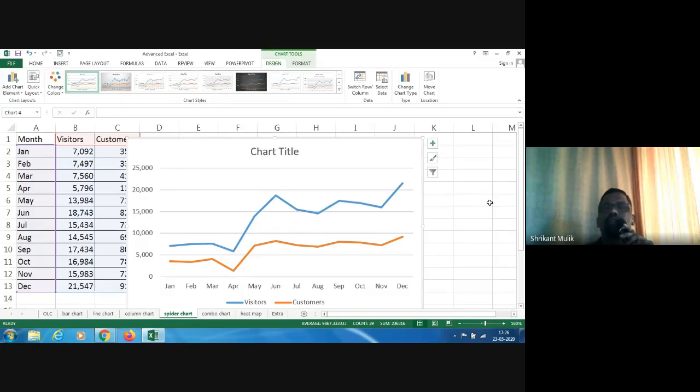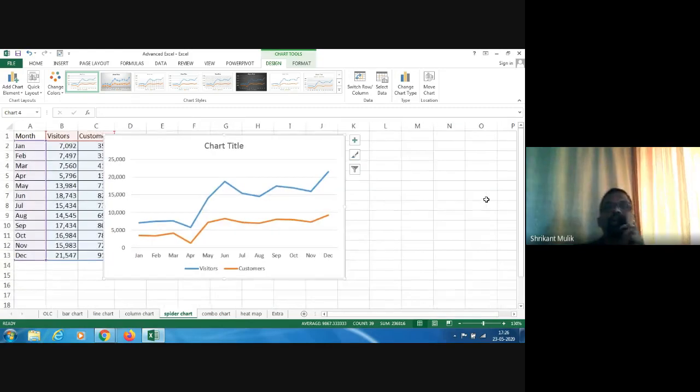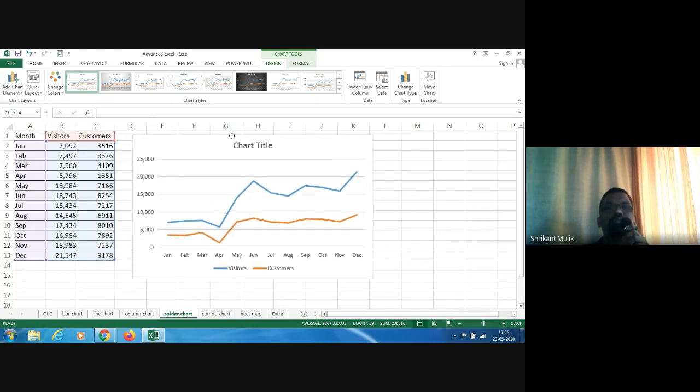And this is what we got, right? And this is a line chart that we got. You can see that the trend is pretty much there. You see obviously less number of customers, and customers dropping near zero in April, right? And you see this data around here, and then you see the visitors are increasing and customers are increasing the same way. This is a very good chart. It actually gives the message that we want to give, the trend of customers and visitors.